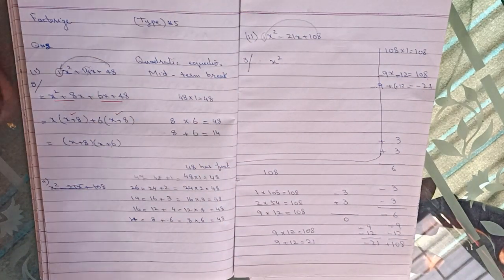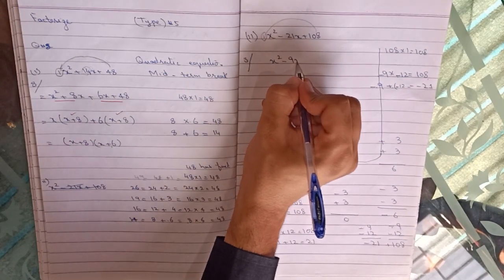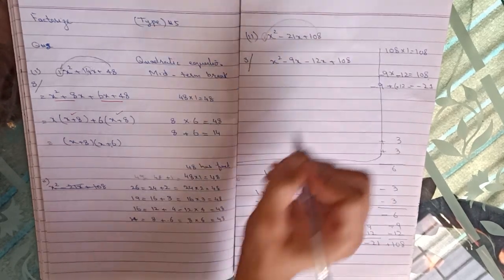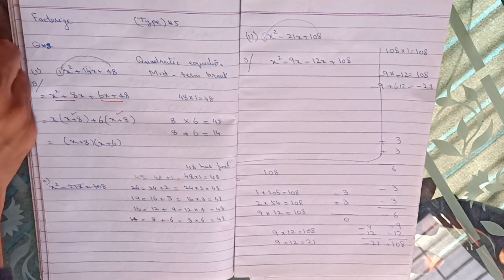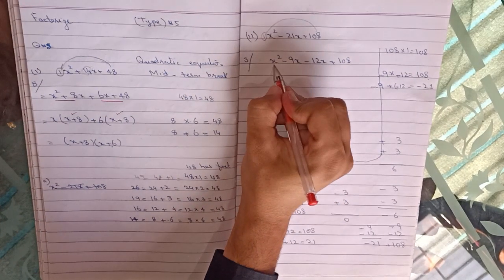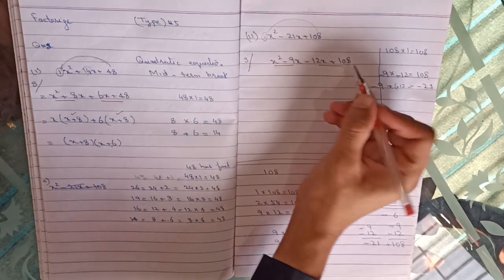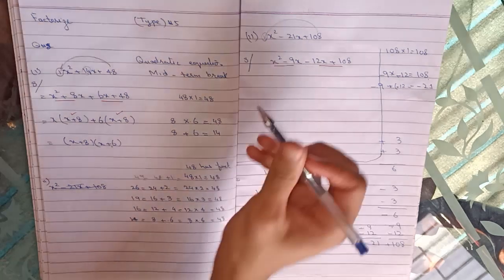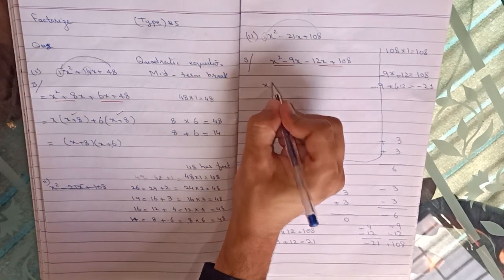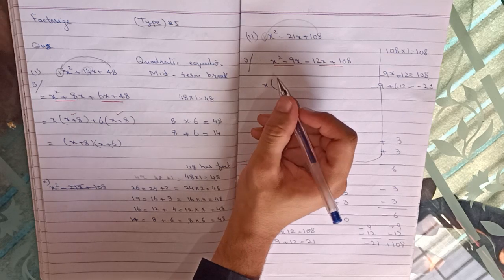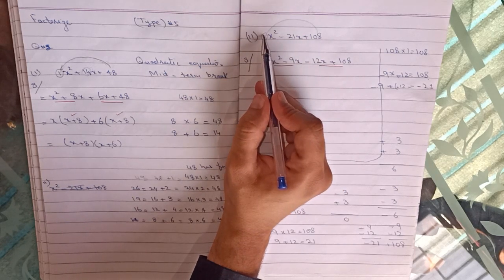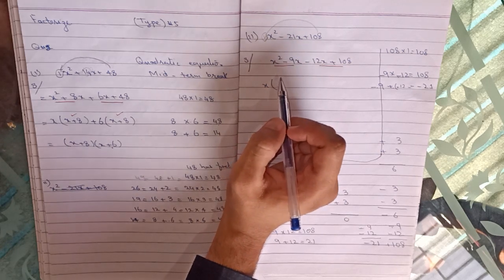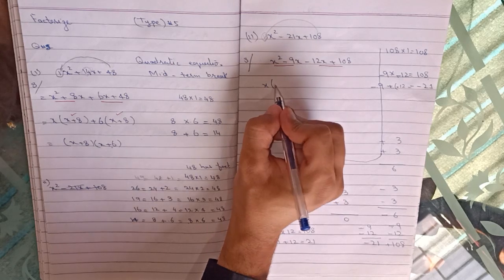So x square minus 9x minus 12x plus 108. Okay, now this is our type two of factorization, in which we take common from two terms, because a single number cannot be taken common here. So from the first two terms we have x common as usual. It would be different in the next question. It is not necessary that x is the only common factor. In some questions we have x cubed here, then the factor that is common in the first two terms would be different. x common, inside the bracket we have x